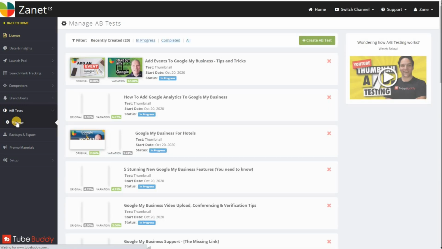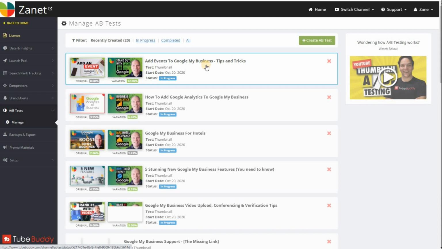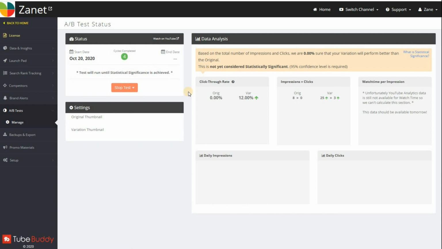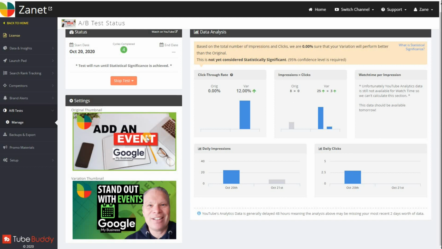Well, if I click on manage, and you'll see here that I've got several that are going on. So there's an example. If I click on there, you'll see that at the moment this is having a 12% click-through rate, this new one, and this one's had no percentage at all. So unfortunately there's not been enough traffic to tell the difference between these two. But which one would you click on? Would you click on this one if you want to know how to add an event on Google My Business? Or would you click on this one, stand out with events? Well, hopefully you can see that changing your thumbnails can have quite a significant difference to the amount of traffic